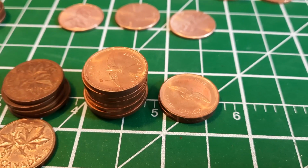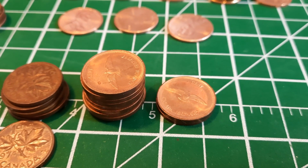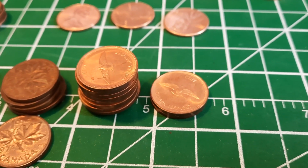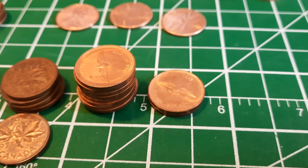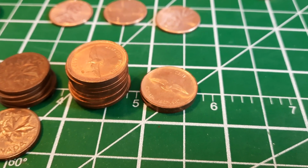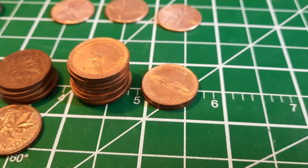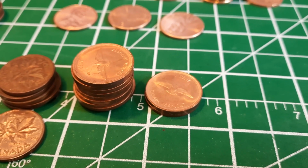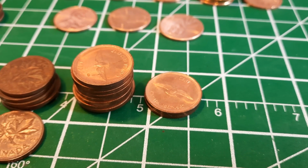Well, we just finished that roll. I just figured I'd give a little bit of a wrap up. We have 9 on the left that you see that have significant doubling on the obverse and the reverse. And we have 2 on the right that have minor doubling only on one side. So that's more than a fifth of the roll